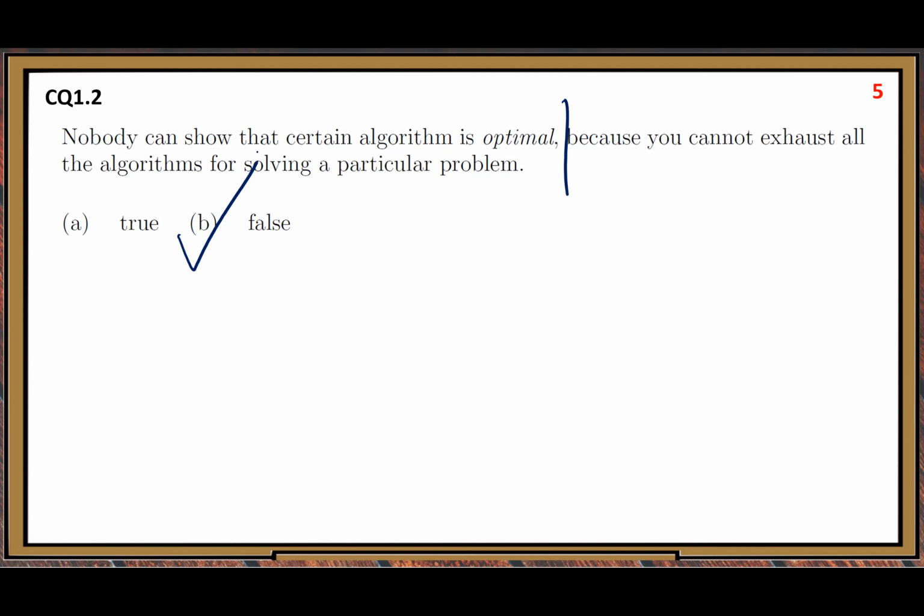The second half is correct, because nobody can exhaust all the algorithms for solving a particular problem. Even in our problem number 3, nobody can exhaust them. That's correct. But when you connect these two halves, it is wrong. Even if nobody can exhaust all the algorithms for solving a particular problem, but people